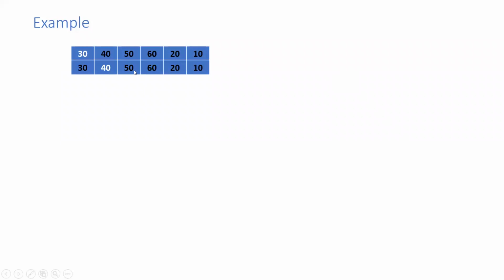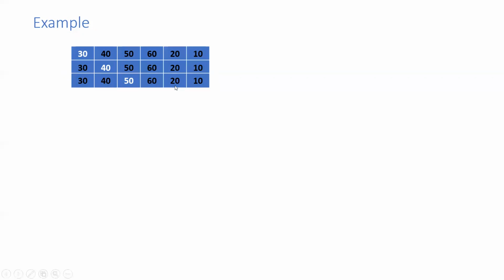So you can see it here. We'll not change the array. As we compared 40 with 50, and 40 is not greater than 50, we'll keep the array as is. Next we'll pick up the third element in the array, that is 50 here. Is 50 greater than 60? No. So we'll not change the array again, we'll keep the array as is. Next we'll pick up the fourth element in the array, that is 60. Is 60 greater than 20? Yes.